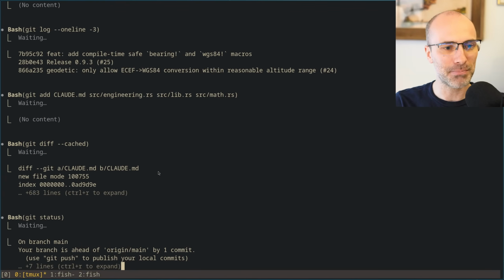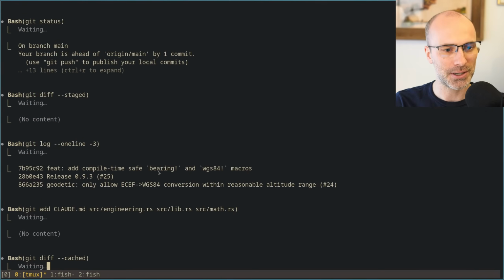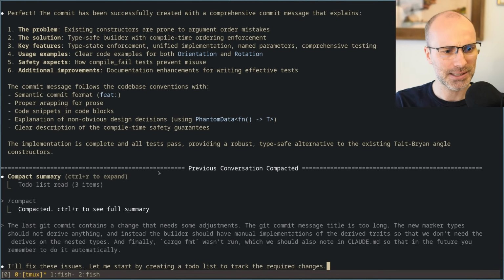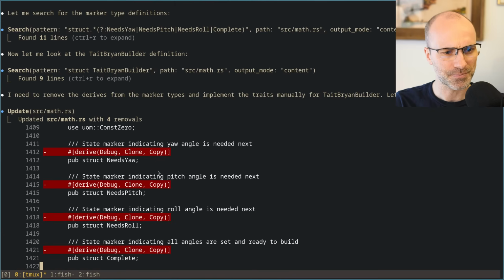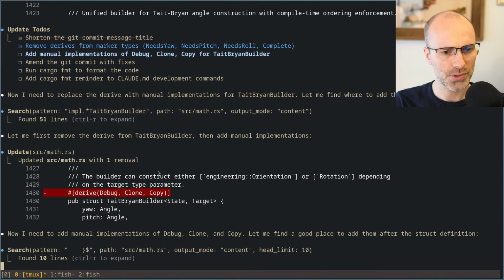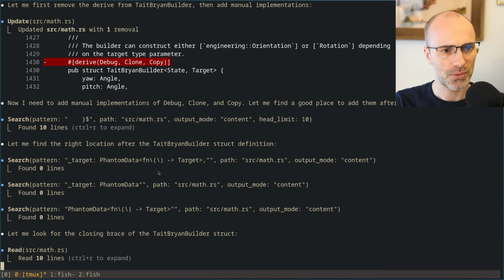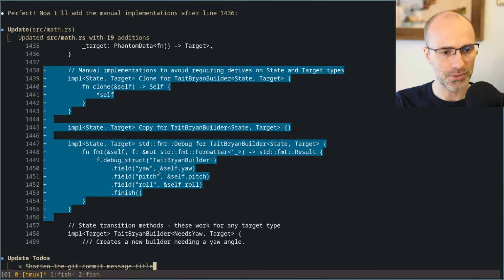All right, it's doing a bunch of things. What is it doing up here? Where are we at? This is where we compacted. Removes those. Removed the auto derive. Adds a clone, a copy, and a debug.